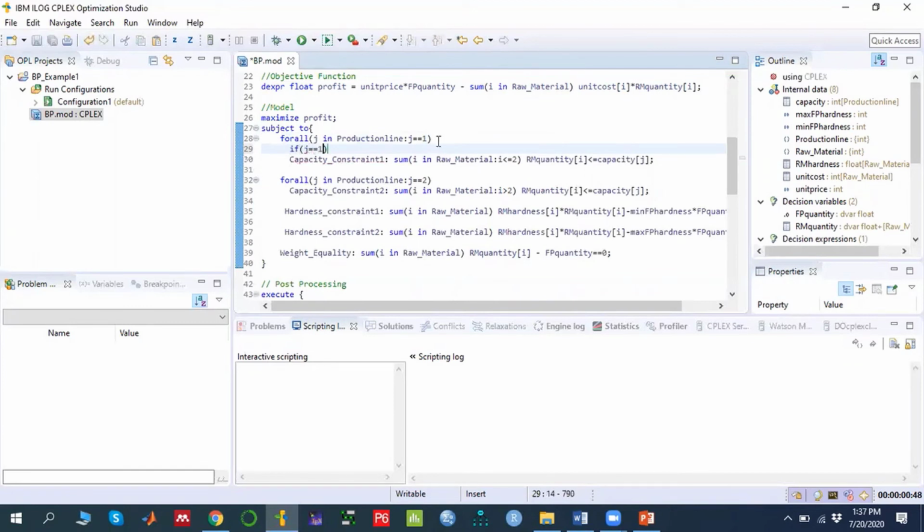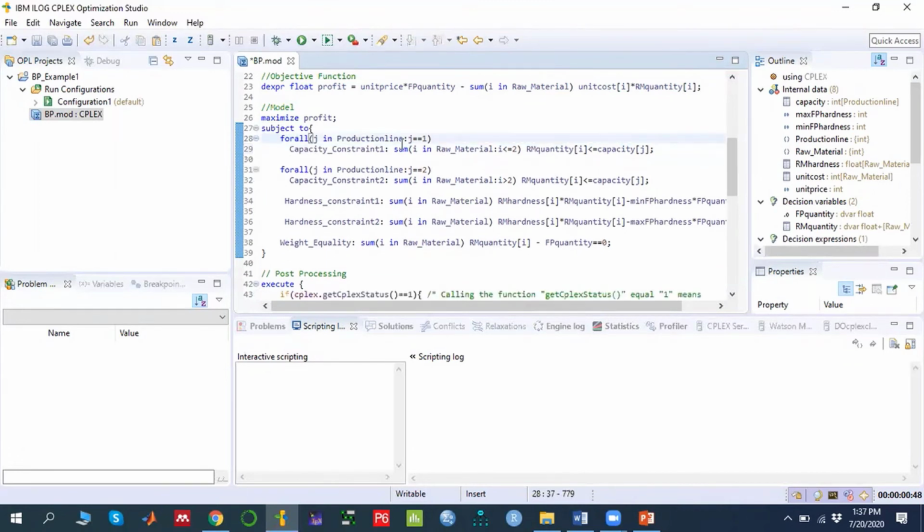So it's up to you, whatever condition type you want to use. By the way, this colon sign is indicating if j is equal to 1, then this constraint should be used. So for production line 1, when j is equal to 1, we are saying that